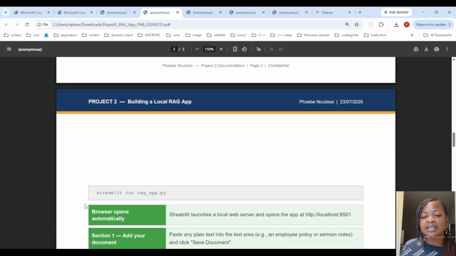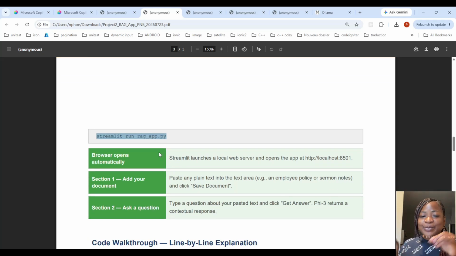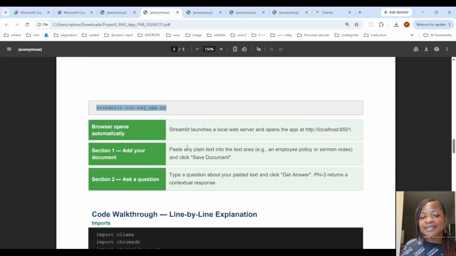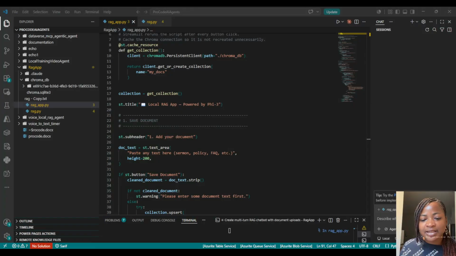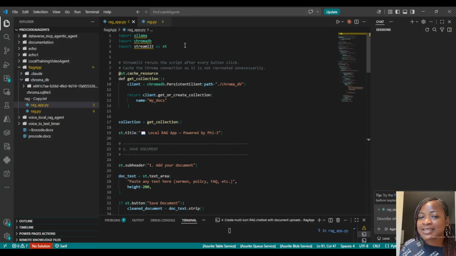And to run that application, we call streamlit run rag app. So we have everything. So let's go to our script in VS Code. So this is the script here. It's the same code. I have made some modification because if I had kept this one, let me paste it so that you can see. If I had kept this code,